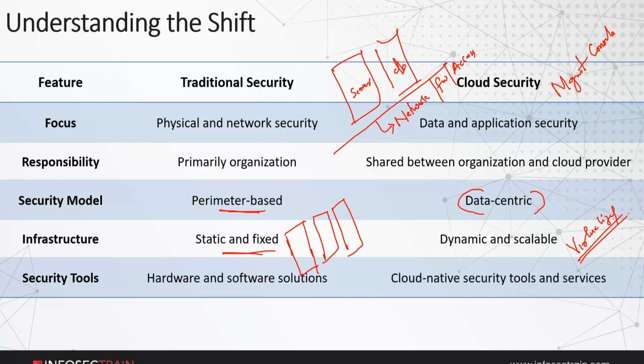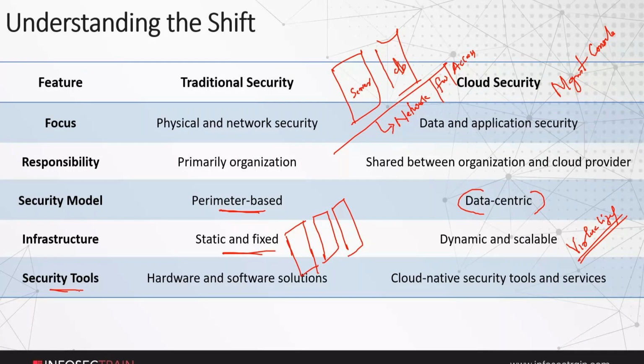Like for example, let's say I want to audit my infrastructure, or I want to audit my network. If I go to the on premises, I have complete visibility and I know that it is there physically. But if I go to a cloud platform, what happens? As things are completely virtualized and completely elastic, you are able to create things and delete things in any way you want. So what is the problem there? The problem is that things are always dynamic, and things that are always dynamic make it less visible for us. Then the last but very interesting thing is what we call security tools.